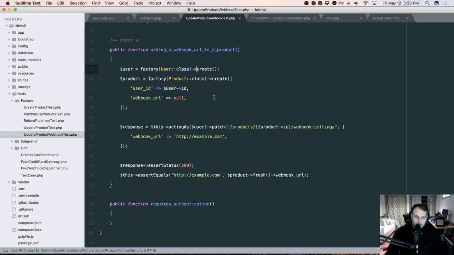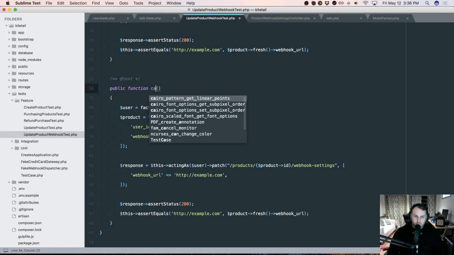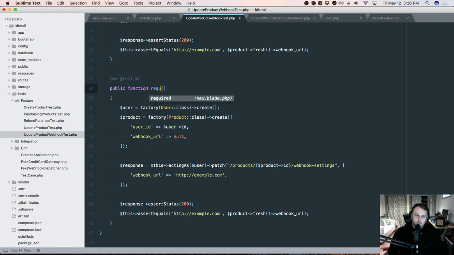So let's go ahead and think about what the next test that we want to write is. Okay, I'm going to copy this test and say something like test requires authentication. So if we try to do it without this, then